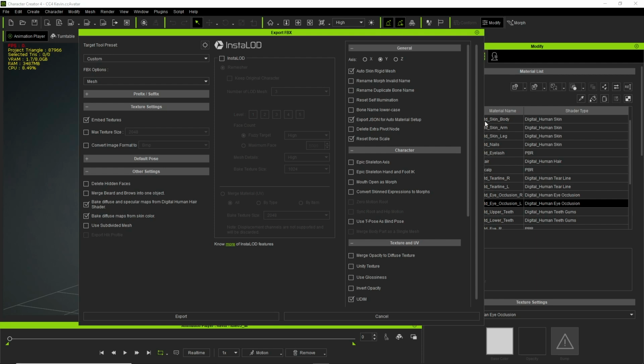This way all of the materials' names, assignments, shader types, texture paths and parameters are stored within this file and will then be utilized by the CC4D Material Setup. Now also make sure to not embed any of the textures. Optionally you can uncheck Bake Diffuse and Specular Maps from digital human hair and skin color if you plan to